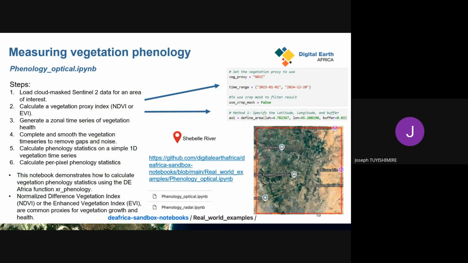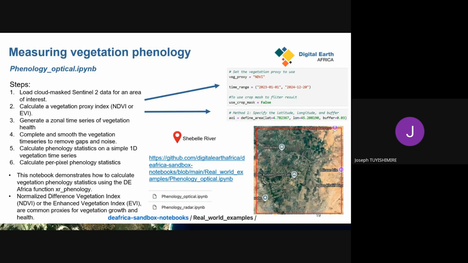But for our area also, we could understand the phenology. When I tried around the Shebele River, I wrote a notebook that uses the NDVI to understand the phenology of plants over time.